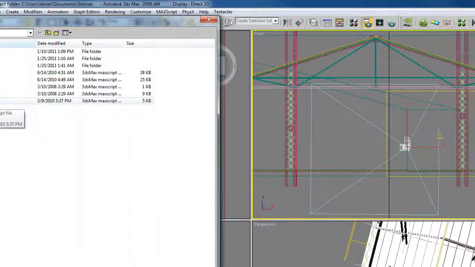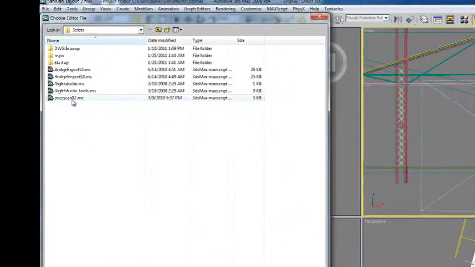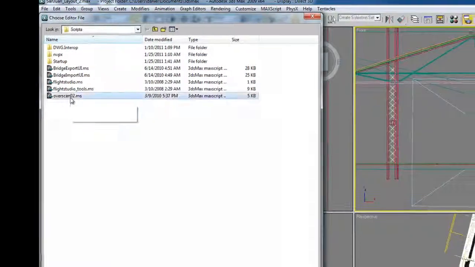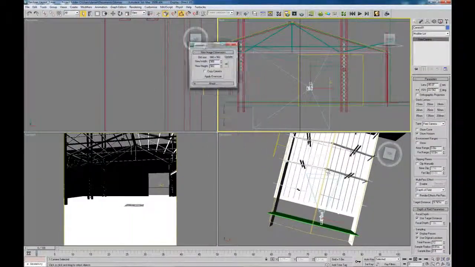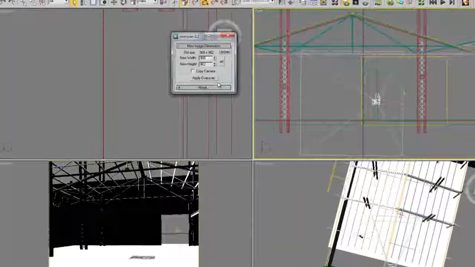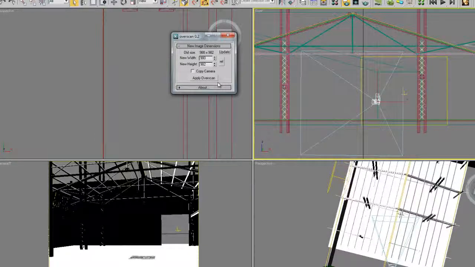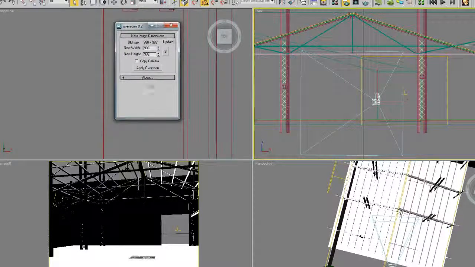The script is called Overscan. You can find it online. It's a free plugin. It's a very simple script, but it helps a lot to define these kinds of things. So let me explain a little bit. We'll try to make a change of